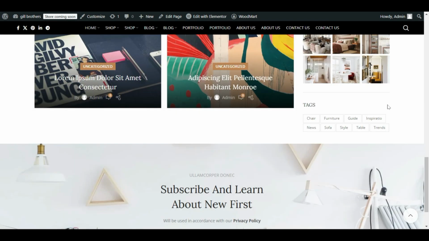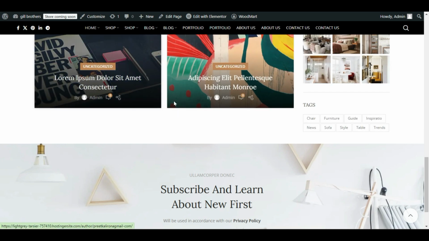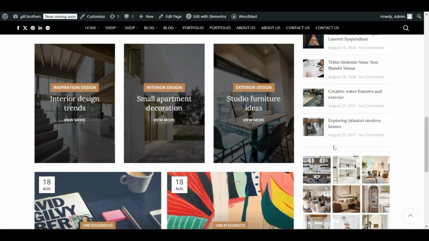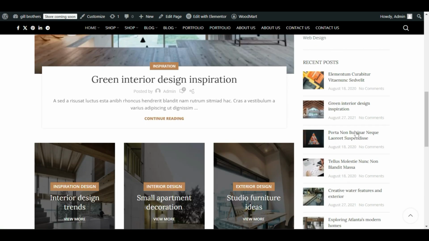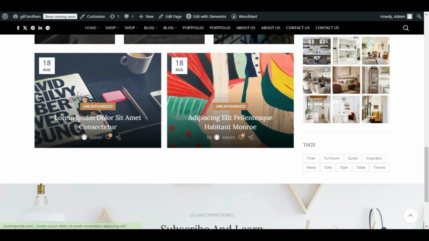Now you can see we have overflow in some area. That's why we will make these blog posts double here instead of two. The longer sidebar you're building, make sure you can adjust with these blocks to multiply these to avoid this space here,